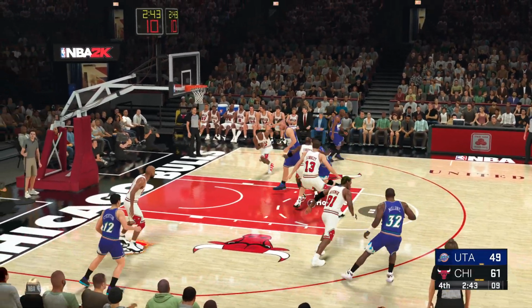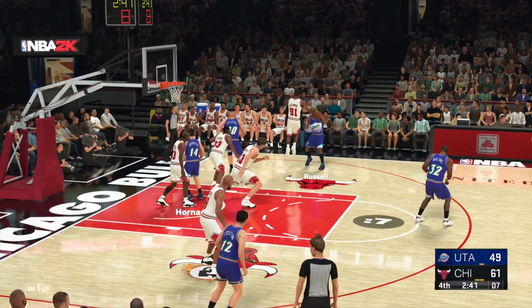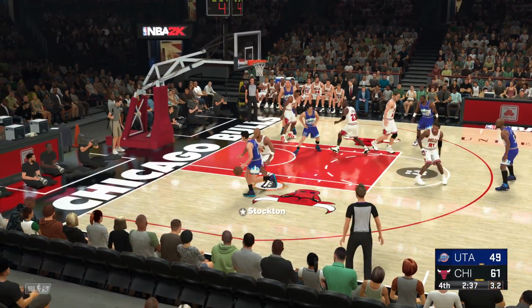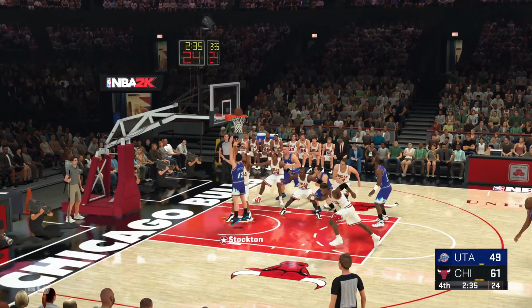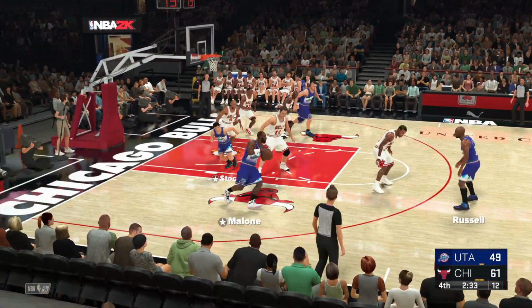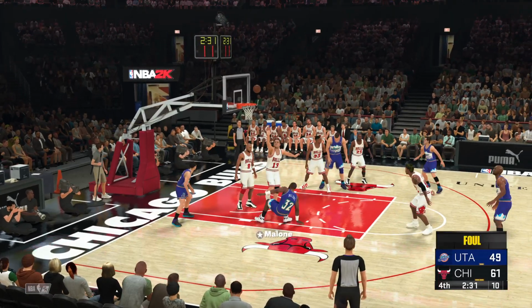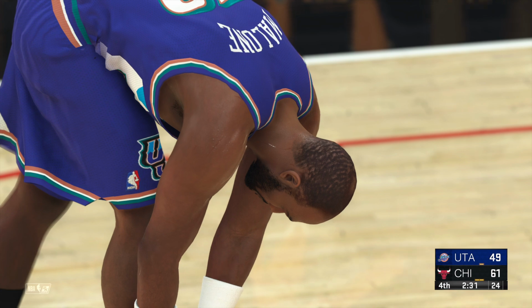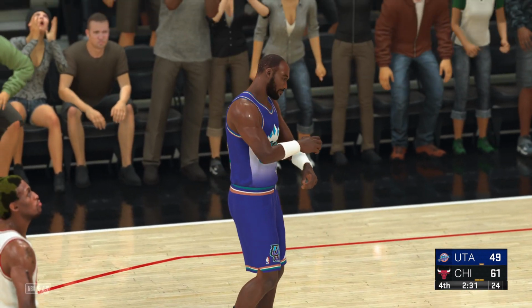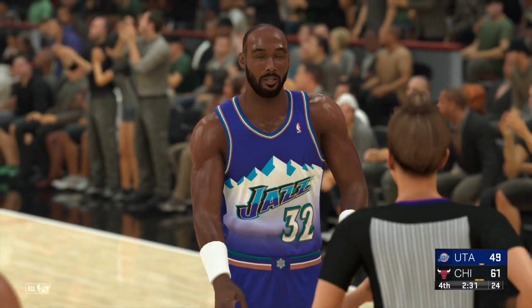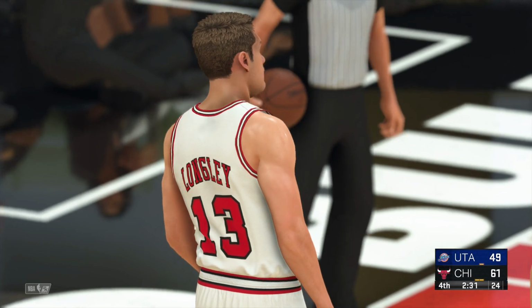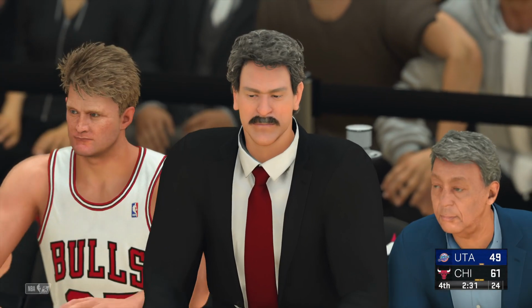Hornacek outside. Out to Russell. At the top of the key, Malone. Shot clock at 5. Here's Stockton. Outside Russell. Here's Malone. Chicago foul. Luke Longley. Third personal foul. First team foul. At the line for the Jazz, Karl Malone. 2 shots.